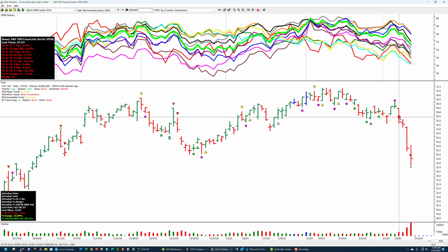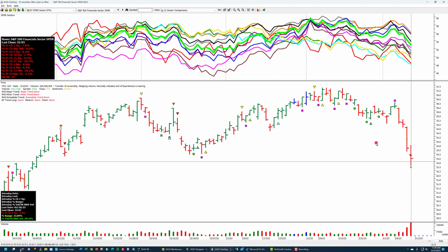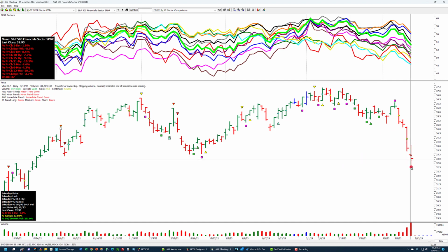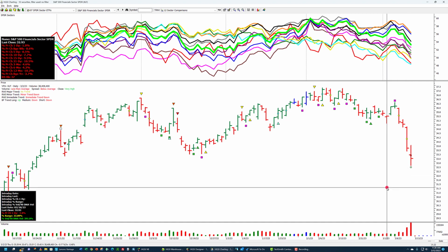There was an effort to fall, and all of the sectors were falling at the same time. Volume was increasing, and then as the days went along, well, volume was down a little bit this day, but on Thursday, massive volume, and then huge volume here on Friday. But notice there's a stopping volume VPA flag here now. That doesn't mean it's over. It just means that